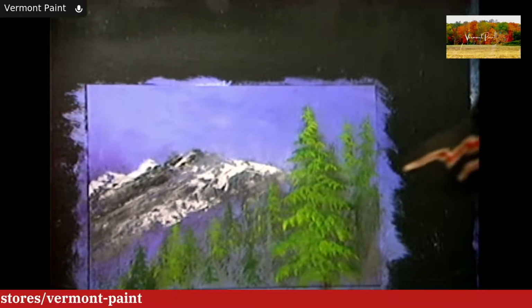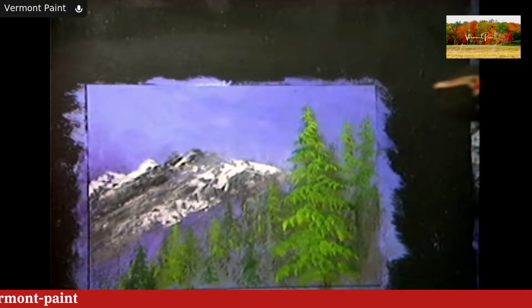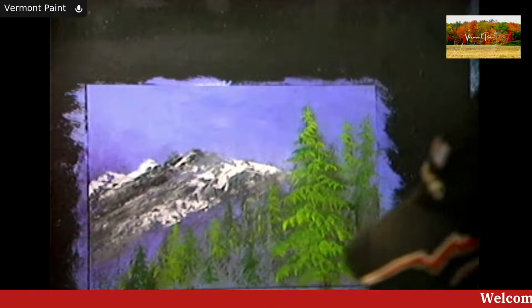Bet you guys all thought that was going to be crazy when you first saw me painting all this weird stuff in here. Still is kind of crazy, but